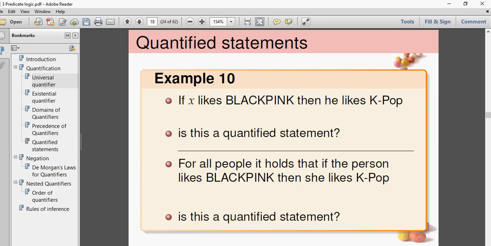If x likes black pink, then he likes cable. Is this a quantified statement? For all people, it holds that if the person likes black pink, then she likes